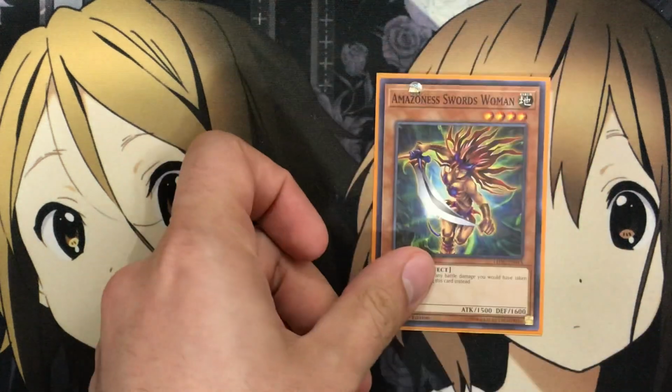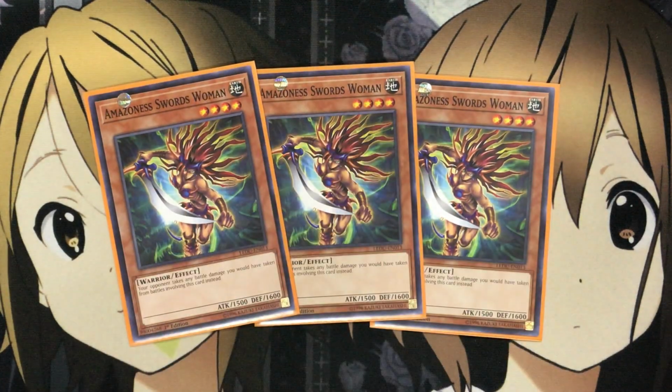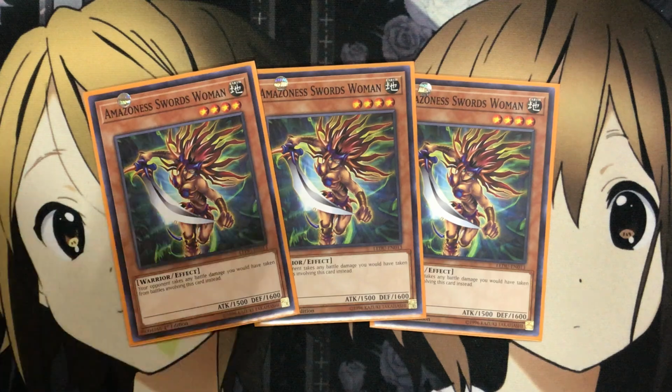And I also run 3 Amazoness Swordswoman. If your opponent plays some pretty strong monsters, this card definitely is one of your best go-to cards. Your opponent takes any battle damage you would have taken from battles involving this card instead. So if they have a 3,000 attack point monster on the field and you have Amazoness Queen on the field